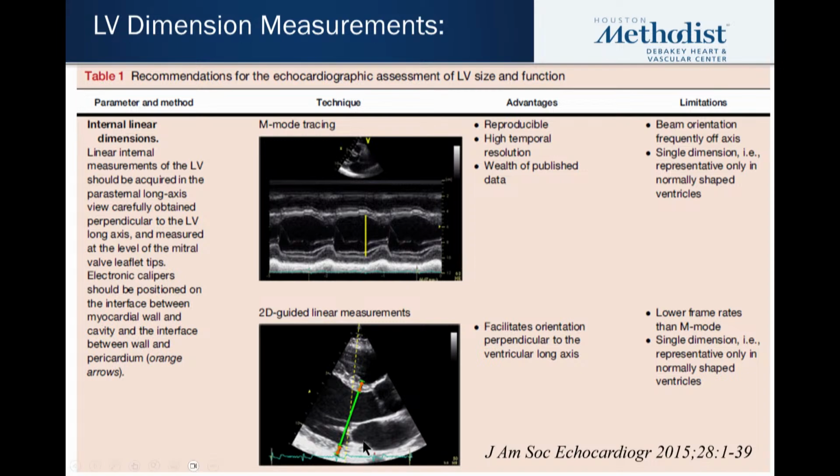Quite often, the hearts are angulated, as you see here. If you do an M-mode, as shown with the yellow line, it will give you a bigger dimension than the real dimension, which is the one perpendicular to the long axis of the LV. So most of the time, we do the measurements by 2D echo, about 1 centimeter at the tips or 1 centimeter below the tips of the mitral valve, perpendicular to the long axis of the LV. We do the diastolic and systolic dimensions. And of course, we do the wall thicknesses of the septum and posterior wall, from which LV mass can also be calculated with the